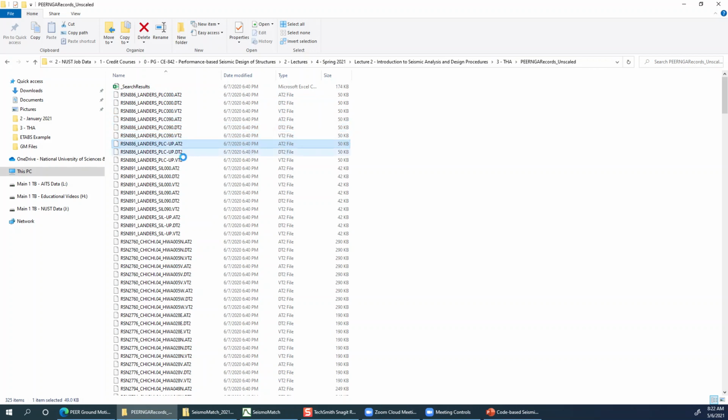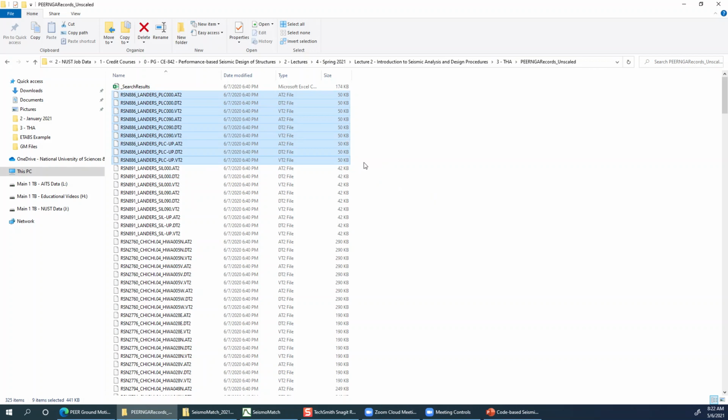Similarly, the next three files are the vertical component: acceleration, displacement and velocity. So one ground motion has a total of 9 files: 3 acceleration components, 2 horizontal and 1 vertical, 3 displacement components and 3 velocity components.